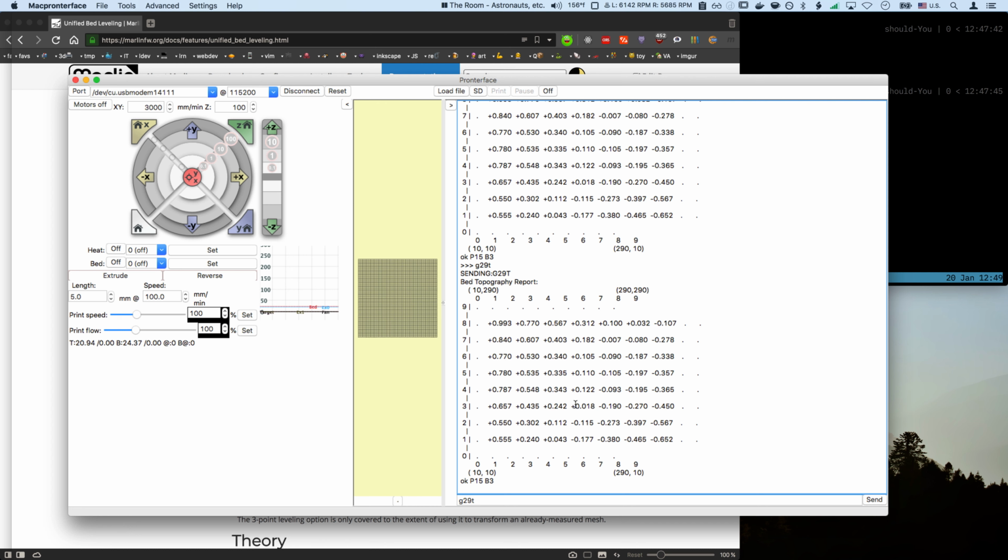And when using these values, there's a plugin for OctoPrint called Bed Visualizer that will give you a topology map, a heat map, if you will, that will show you the high points and low points of your bed. I haven't seen a visualization, but I would assume that this part of my bed right here is higher than that part. And that shows that I'm working with more than a millimeter of deviation in my bed. That's going to be an issue especially if you're printing at a